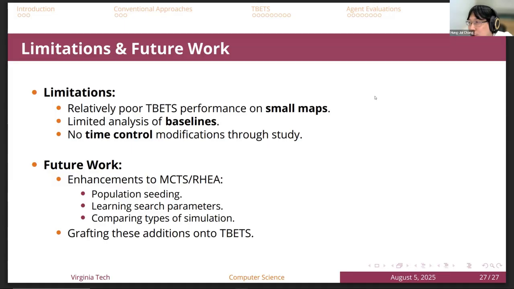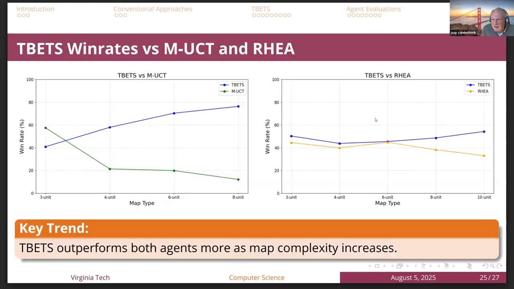Okay, so if anyone has any question for this topic... If nobody currently has one, I have one. I see that MCTS is doing poorly, yes? And that is the result, so that's fantastic. And I followed all the things. Yes, you said it already, but often T-bets outperforms both agents. And why is that the case?